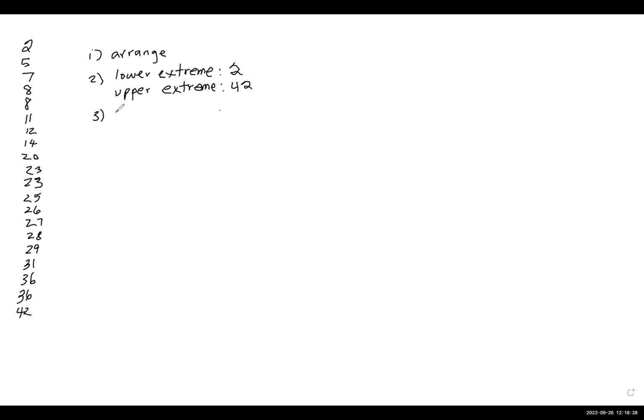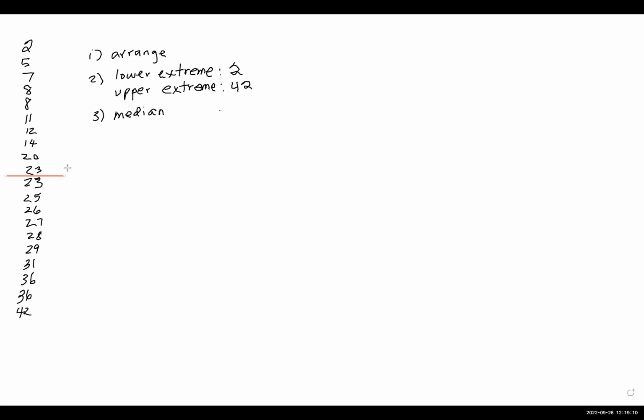the median. Well, we've done the heavy lifting already. We've put these in order. So finding the median means just finding the middle one, correct? So I'm going to draw now. We have an even number of data, so we have to be aware of that because the median will actually fall between the 10th and 11th data, because that's halfway. So we count down 10. 1, 2, 3, 4, 5, 6, 7, 8, 9, 10. Okay, well, it just so happens that it falls between the two 23s. Of course, that's just luck.